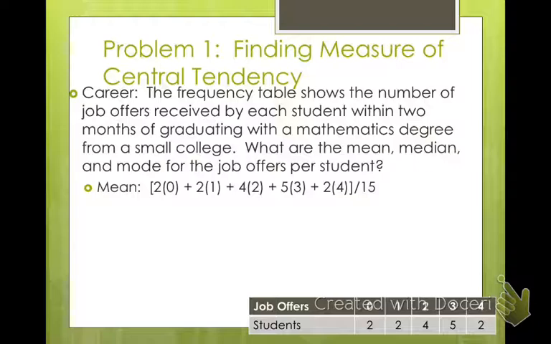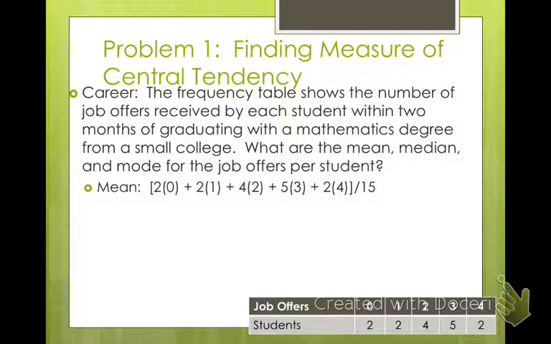So we have 2 times 0, 2 times 1, 2 times 4, 5 times 3, 4 times 2. Multiply them, add them all together, and divide by your 15. That'll also work. And then if you're doing it this way, to find your median, what you would do is